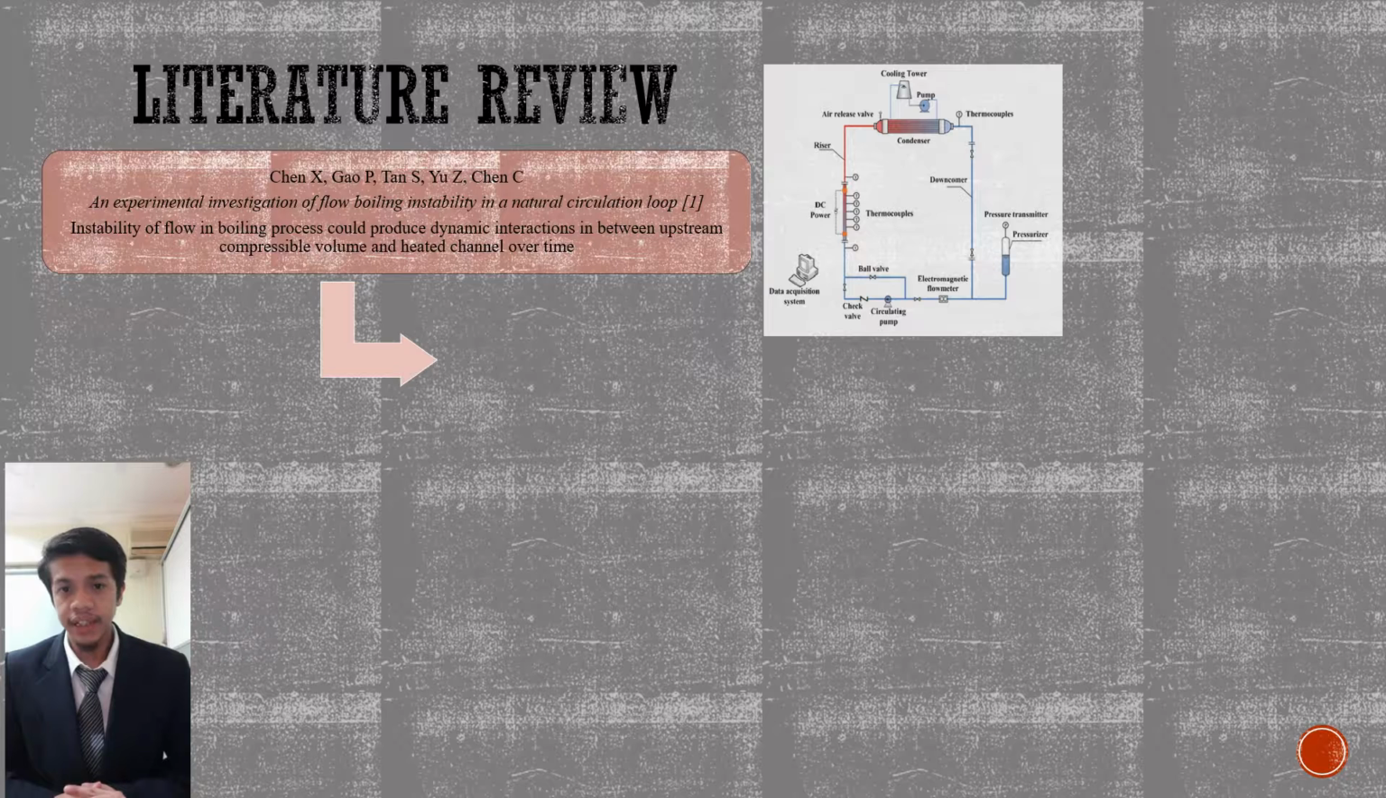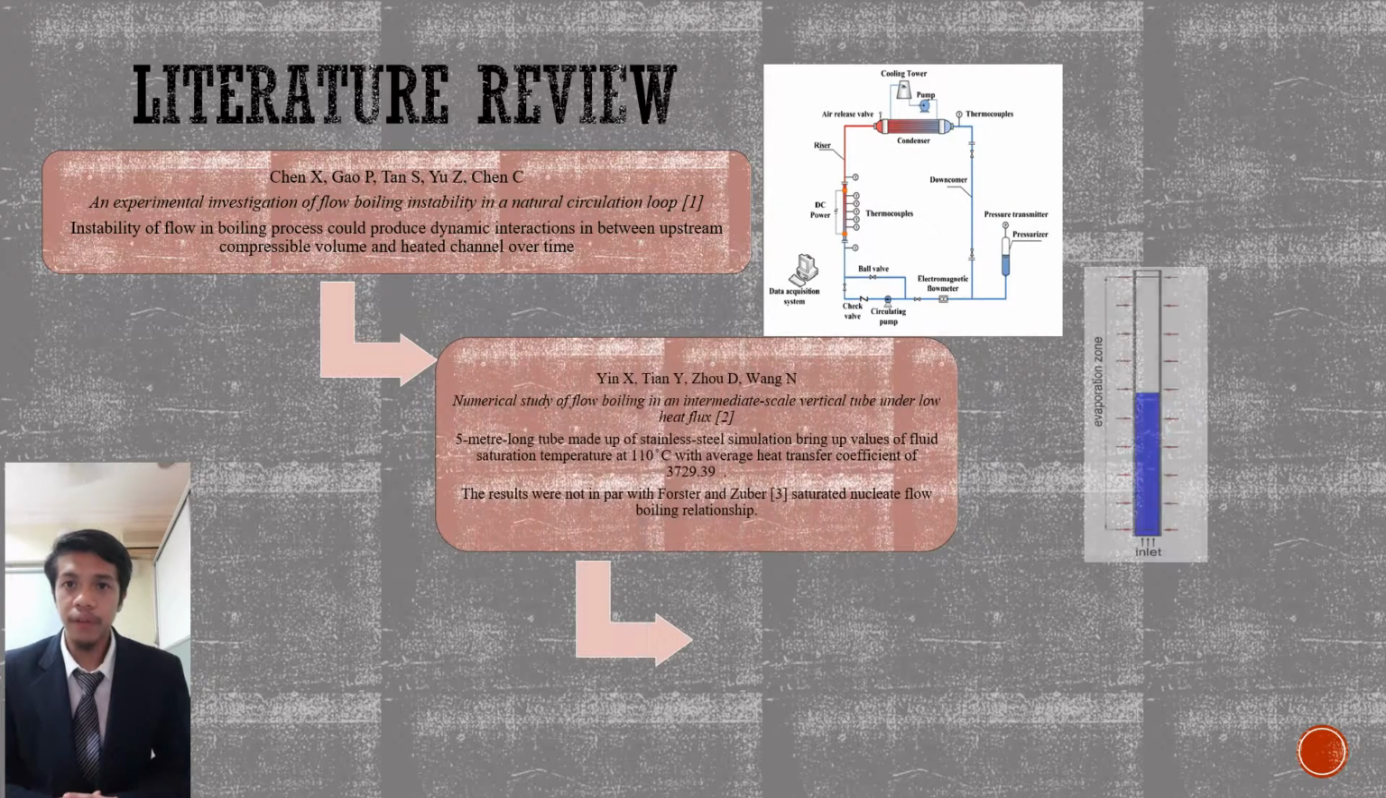Previous study of journals and articles brings out the literature review of this project. In his paper, An Experimental Investigation of Flow Boiling Instability in a Natural Circulation Loop, Chen proposed that instability of flow in the boiling process could produce dynamic interactions between compressible volume and heated channel over time. Moreover, in the paper Numerical Study of Flow Boiling in an Intermediate Scale Vertical Tube under Low Heat Flux by Yin, the simulation that they made with the 5-meter long stainless steel tube brought up values of